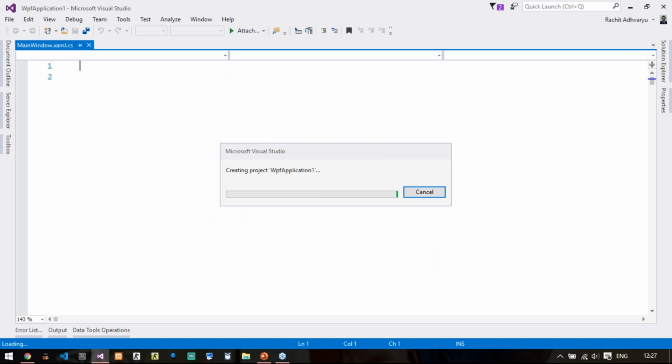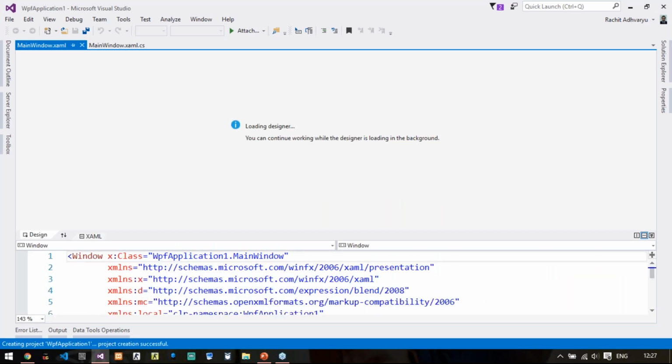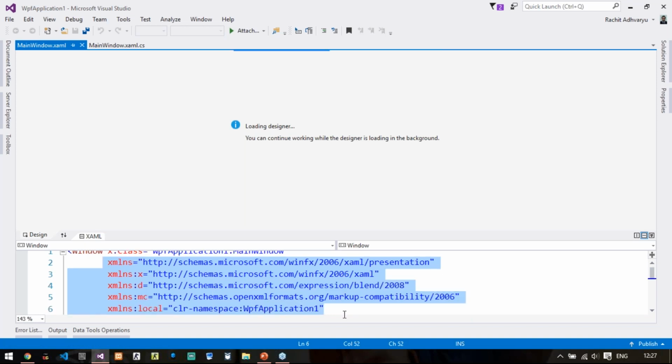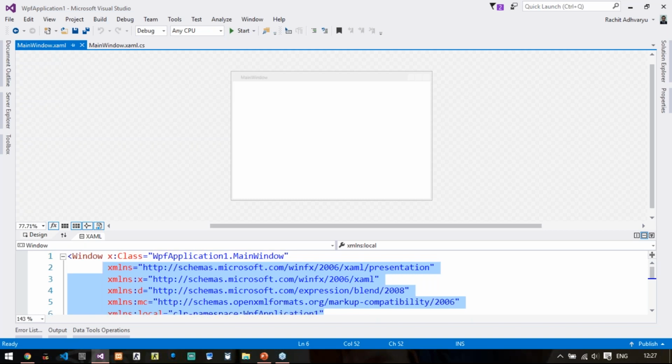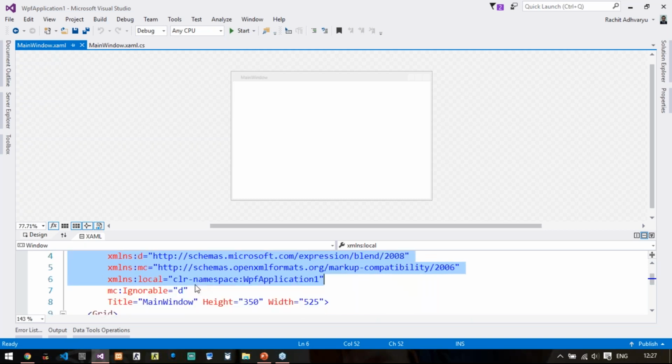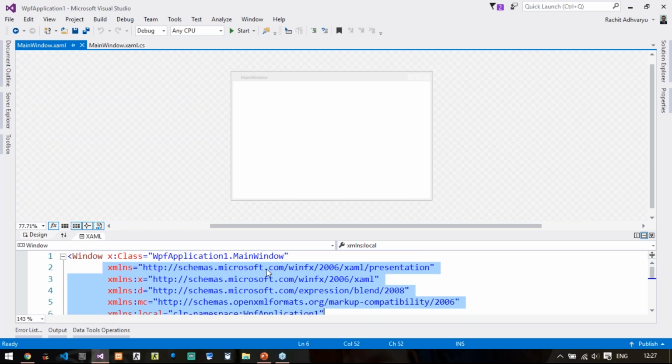Let it load. You can see by default that the window XML coding part has been generated. Now there are too many parameters used by this particular window tag, but we are not going to remember any of this. So don't try to read even. These are the supporting XML files available online that are used by this WPF application.